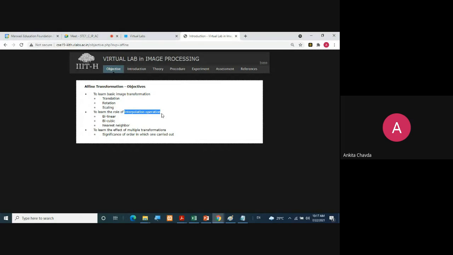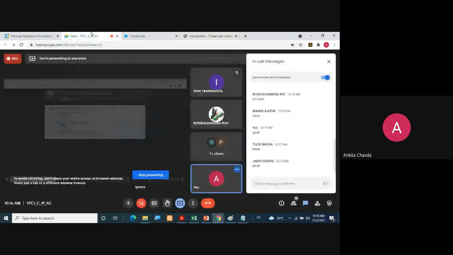How you are filling it is known as an interpolation technique, right? Either you can choose bilinear, or bicubic, or the nearest neighbor technique. Based on that, it will give you the results. Which one is the better one? Search for bilinear and let me know how many pixels we are considering.